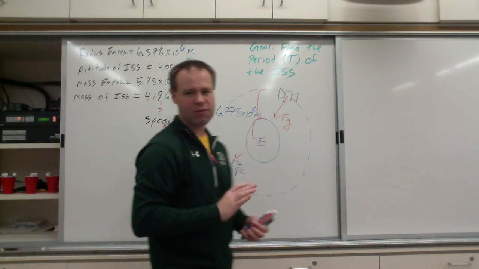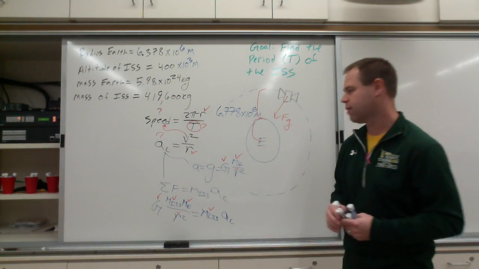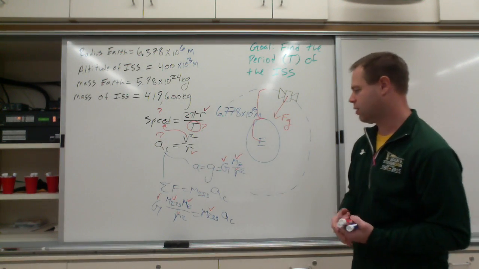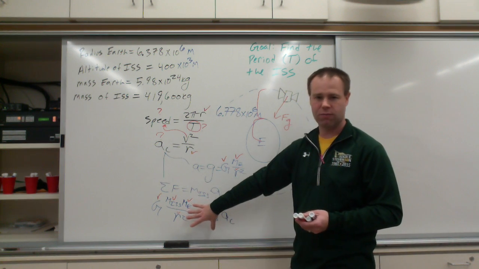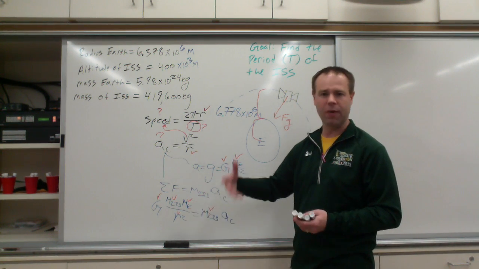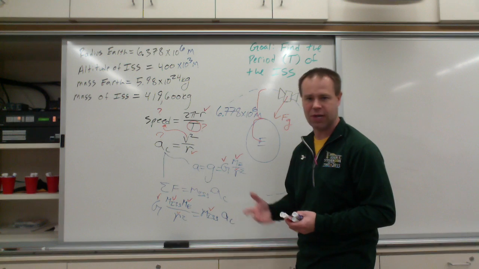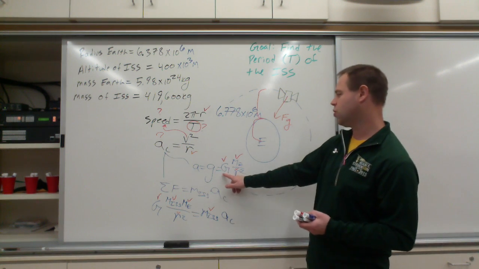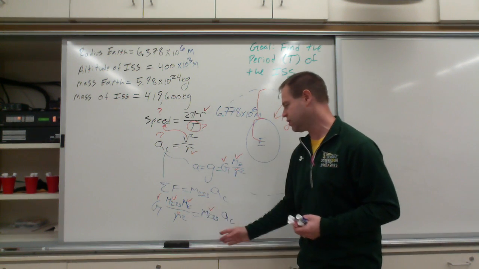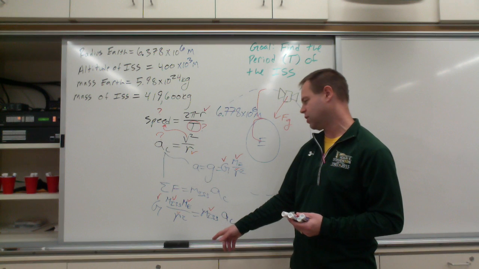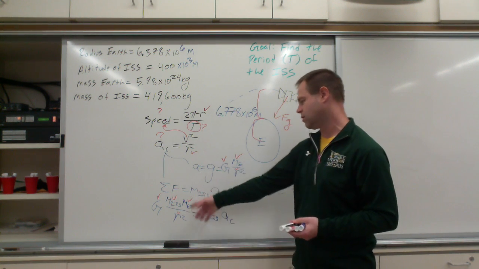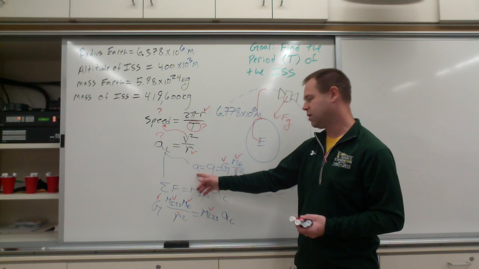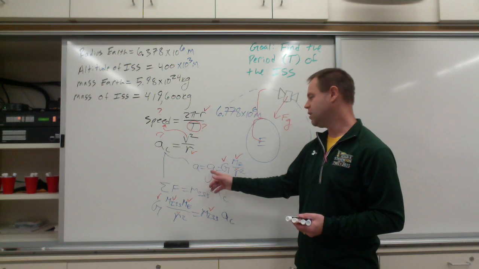So now that we've thought through the process that we'll take, we just got to decide which method we want to go with. I'm going to do this one because it takes a little longer and it'll show you a few more extra steps in solving it. You certainly could have gone with that method, and as we can clearly see, mass of the International Space Station cancels out, which is why it makes sense that when something's in free fall, the acceleration it experiences is equal to the